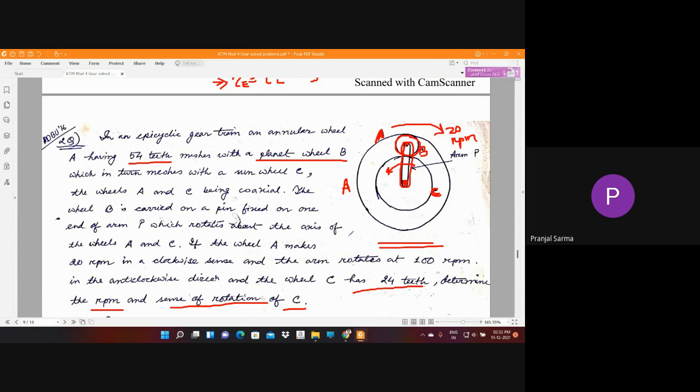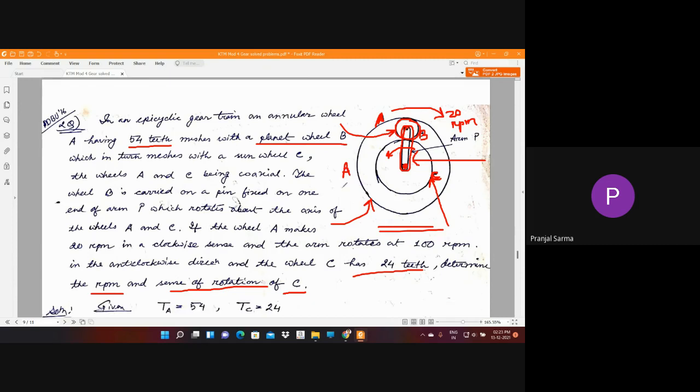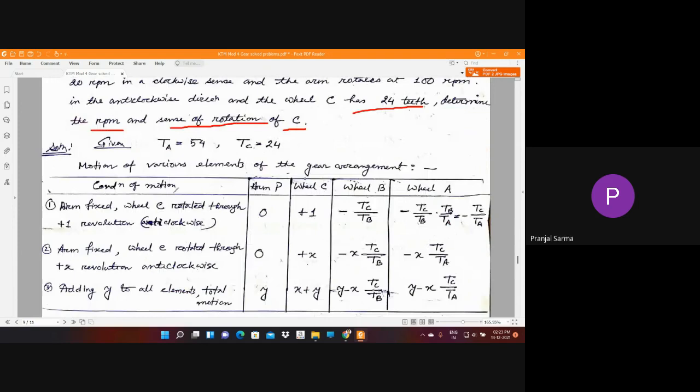Now once we have this kind of problem, we make a tabular form for showing the motion of different elements. What are the different elements present here? We have this annular wheel A, this sun wheel C, this one single planet wheel B, and also the arm P. So four different elements, and they will have independent motion. We have to consider four different elements and the type of motion, or the condition of motion. So we are going to make that particular table. Motion of various elements of the gear arrangement are: